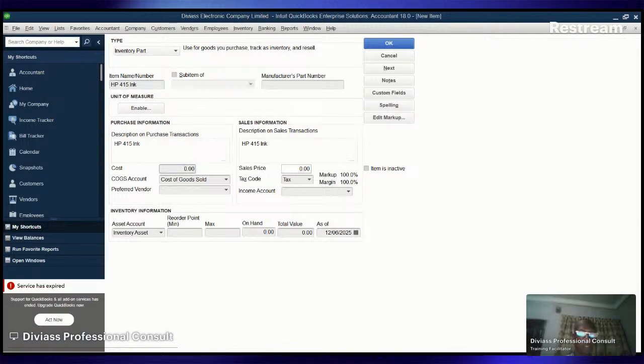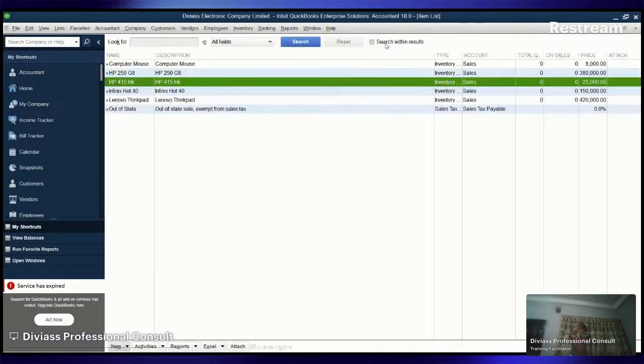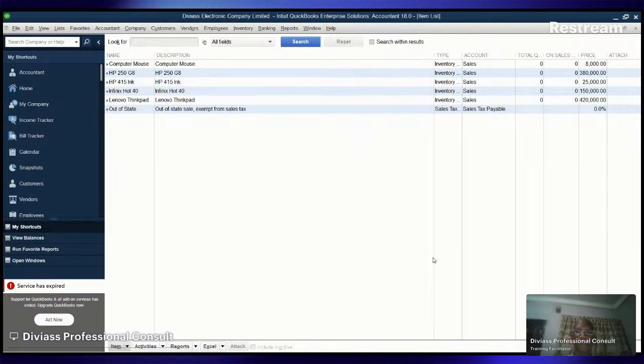Then the cost price now is 18,000 for one. 25,000, that's the selling price. Sales. So that is it. So now the next thing we are going to do, for you to be able to sell